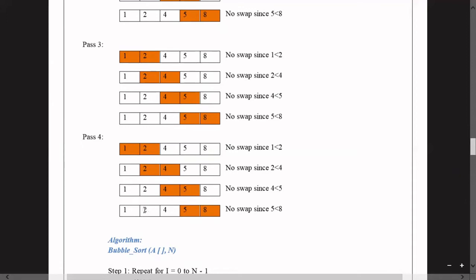And there is no need to sort the last element, because to sort the last element, we need one more element, but there is no one more element. Whenever you are sorting the fourth element, automatically the fifth element will also be sorted. That is the reason to sort 5 elements we need only 4 passes. So this is the procedure.